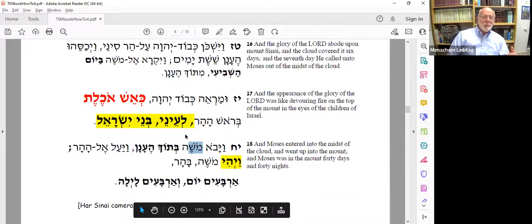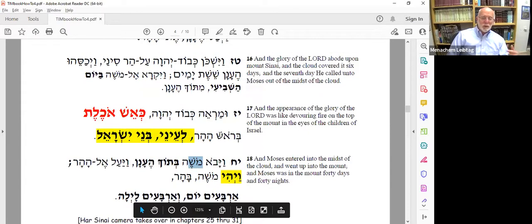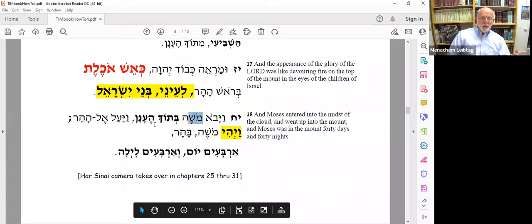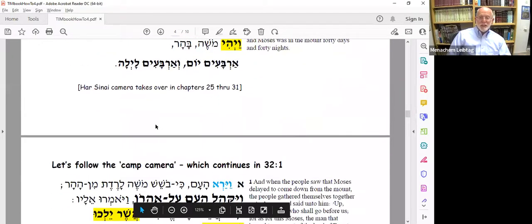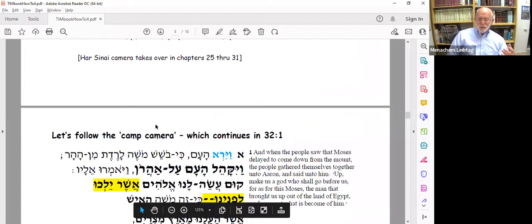It doesn't say they saw Moshe go into the fire, but they saw Moshe leave them, saying he's going up the mountain. But the top of the mountain was a consuming fire behind the cloud. So maybe they saw him go into the cloud, but they also saw the consuming fire, and therefore they assumed that Moshe could survive it. But if 40 days pass and he doesn't come down, there's a good reason for them to think that he